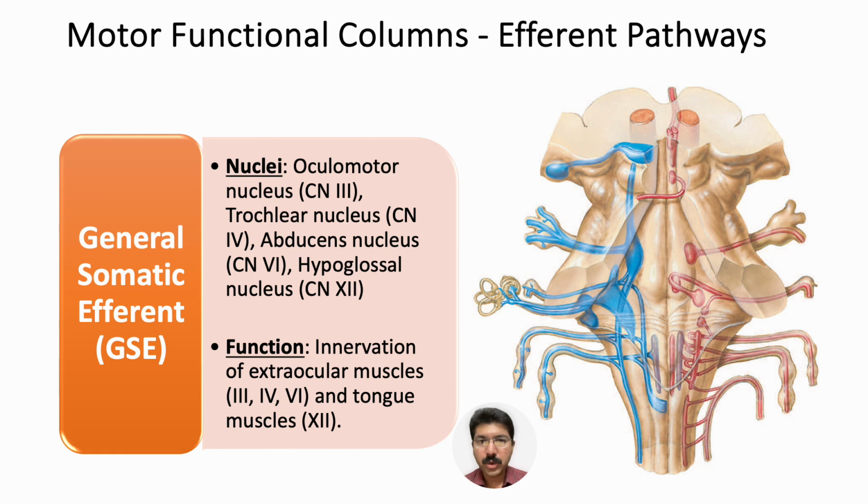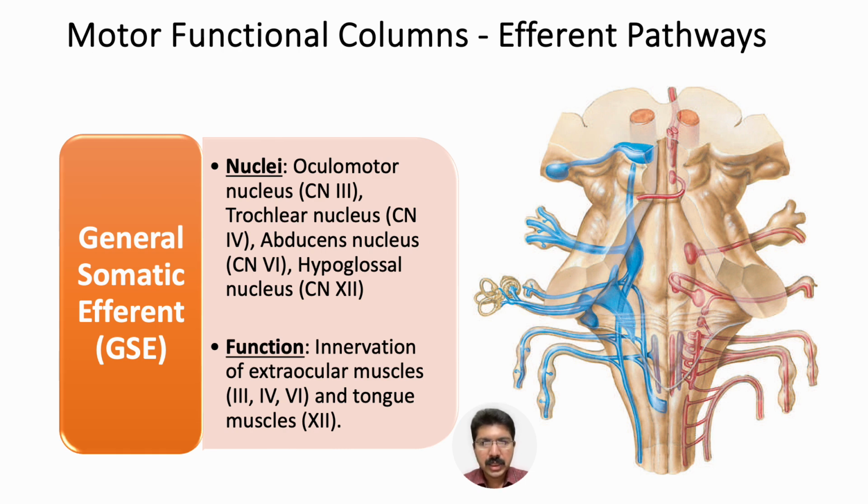Let's now focus on the motor functional columns, those responsible for carrying efferent or motor signals away from the brainstem to control muscle activity. We have three main motor columns, as you have seen in the previous slide, each with a distinct location and function. The most medial of the motor columns is the general somatic efferent, or GSE, column. As you have already discussed, somatic refers to skeletal muscle and efferent means carrying signals away from the central nervous system to cause action. The nuclei within this column are responsible for controlling muscles that move the eyes and the